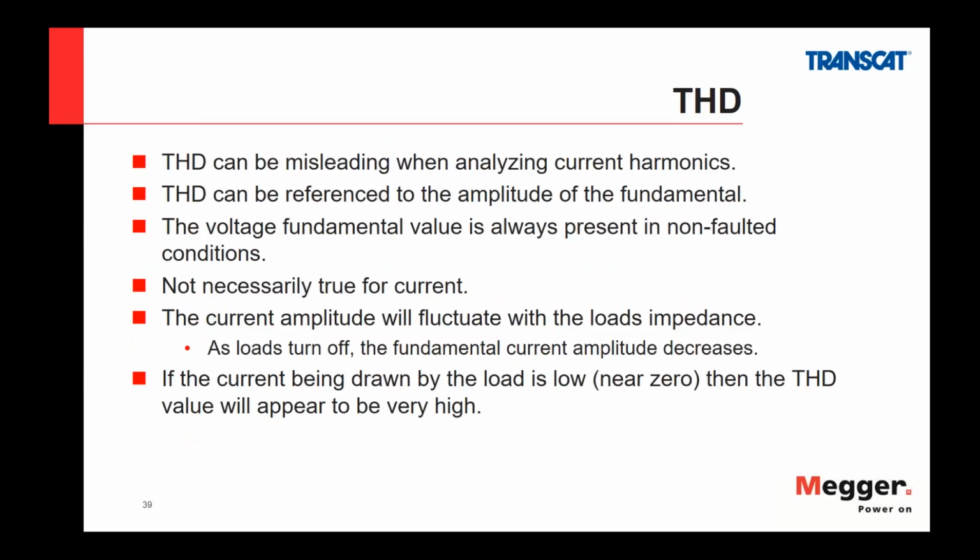Now, when it comes to current harmonics, THD can be misleading. THD can be referenced by the amplitude of the fundamental. So the voltage fundamental is always there in non-faulty conditions, but that is not true for current. As the current amplitude fluctuates with the load's impedance, it can go higher and lower. If the current being drawn by the load is near zero, it would appear that the THD would be high. We can see that